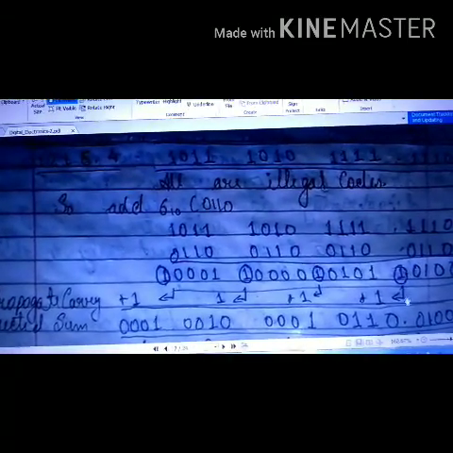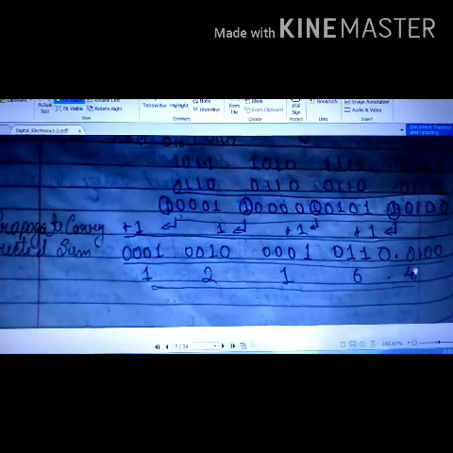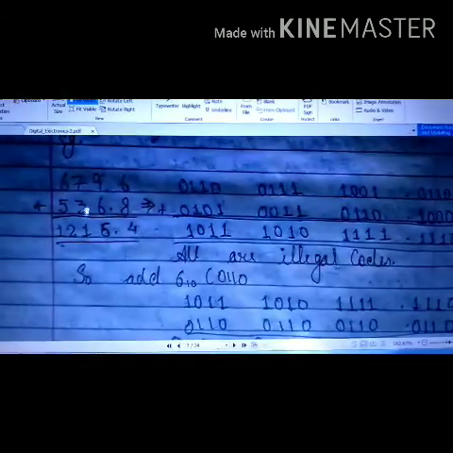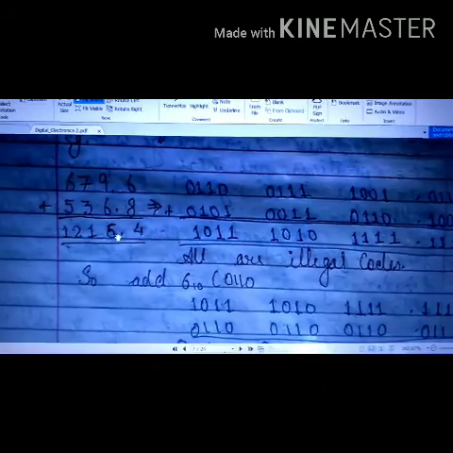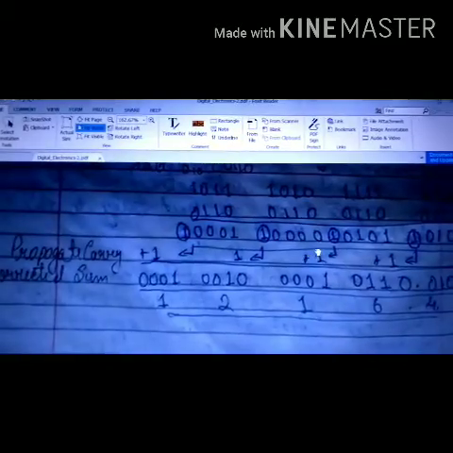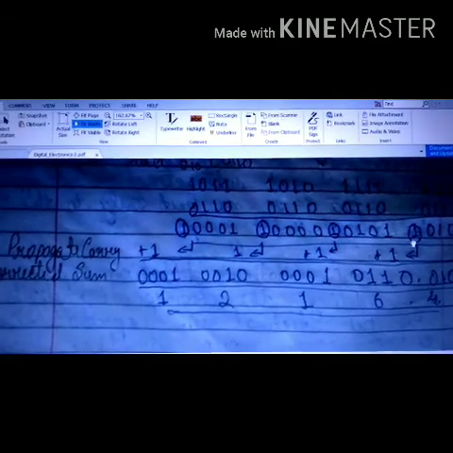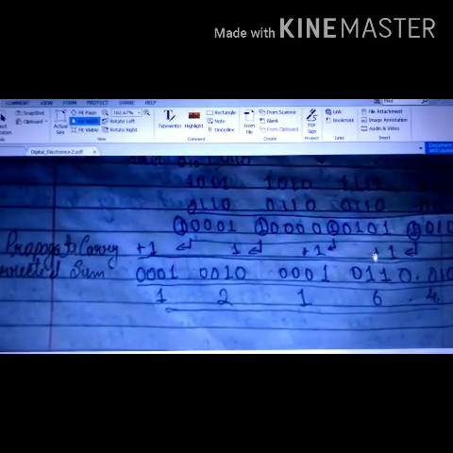Here a carryover is there, then we can add it here. Carryover is there, we can add it here, carry it over here, and it is left. So it comes out to be 1216.4. And if we add this in decimal numbers, again we will get the same answer. In this way addition is carried out if there are illegal states. The same procedure would be utilized if there is carry in the initial addition. However, if carry is there after adding 6, then 6 will not be added again to these numbers.